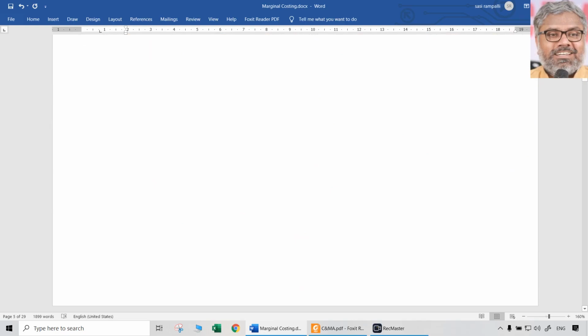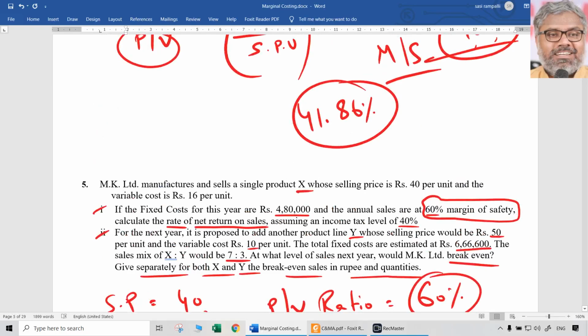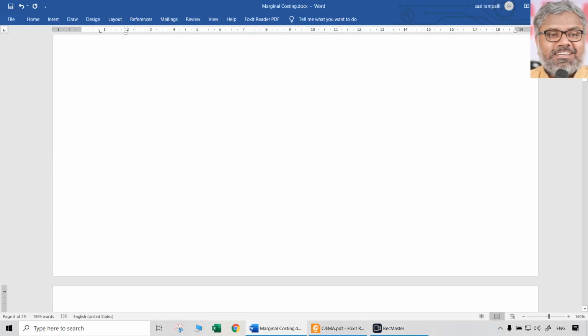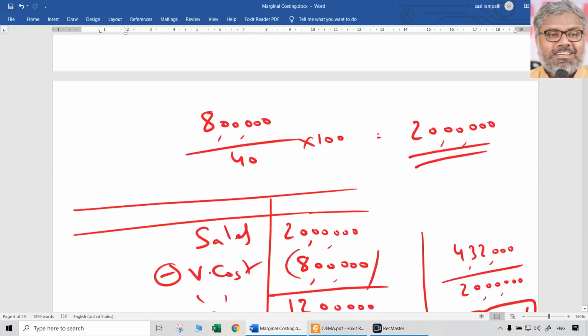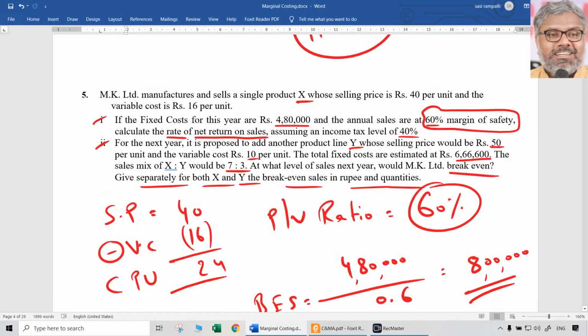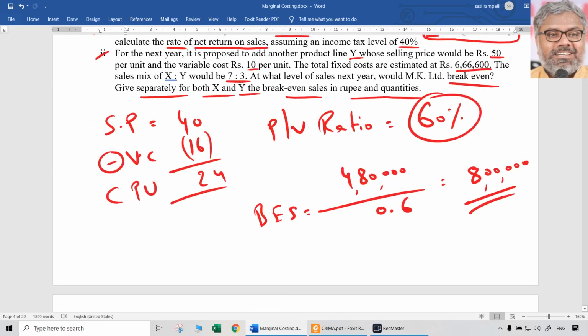There is no option. Fixed cost has to be the same in the numerator. That is for sure. How much is mentioned there? 6,66,000. That is okay in the numerator. The question is about the denominator. We don't have one contribution per unit. We have two contributions per unit. Can we just simply add them? No, because the sales mix is not the same. So the only solution is we have to find out something called a composite contribution per unit, or you can call it a weighted average contribution per unit.